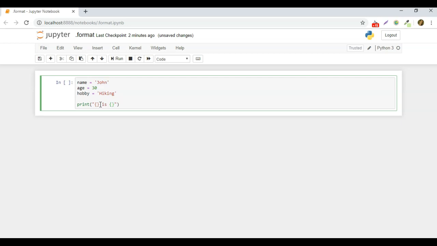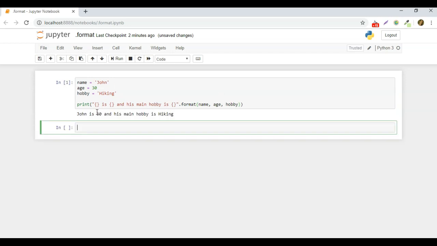and then I'm going to put in the next one, which is going to be 30, and his main hobby is, and then I put the third curly brackets. It's basically putting in a placeholder saying we're going to fill this up afterwards. So at the end of the quotes after them, we put dot format, and then we can literally just put in name, age, hobby, because we want them to appear in that order,